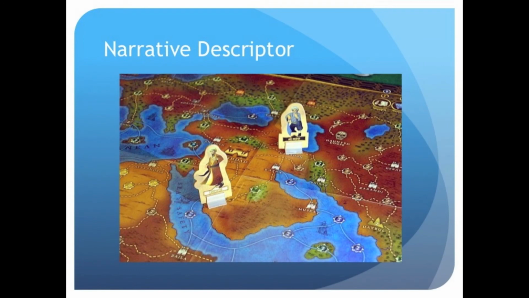So for example, in Arabian Nights, we have the characters, right? That kind of tells us a little bit of story about who we might be. We have very specific locations on the board, and as we move through those, we get different stories. But more importantly, in this game, if you move into Europe, the game design allows you to encourage more rainy climates. We have a different lore that becomes expressed. So each region of the game has different types of encounters that you'll work with and work through. And that really is an opportunity to tell you about the vast world that your characters are expressing.